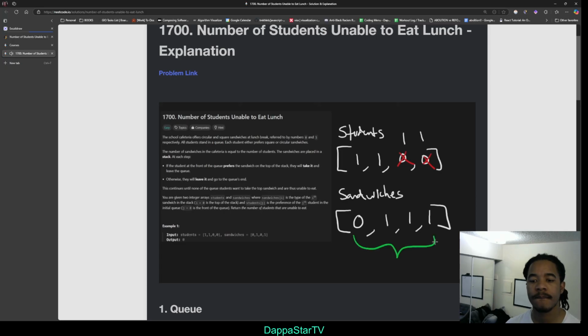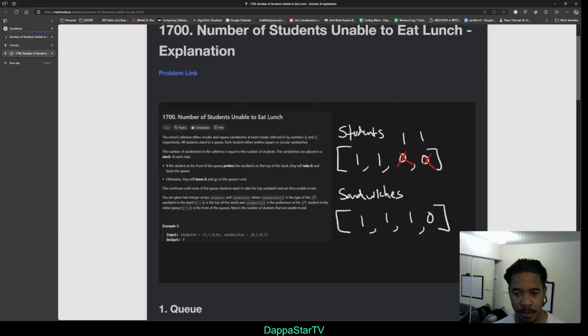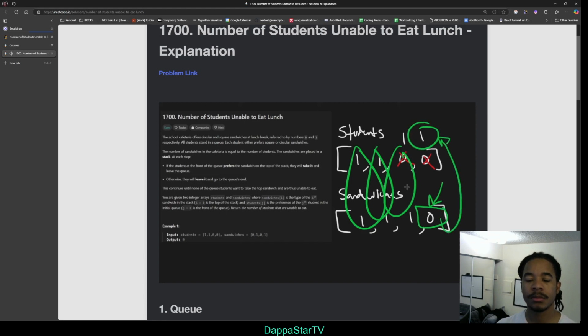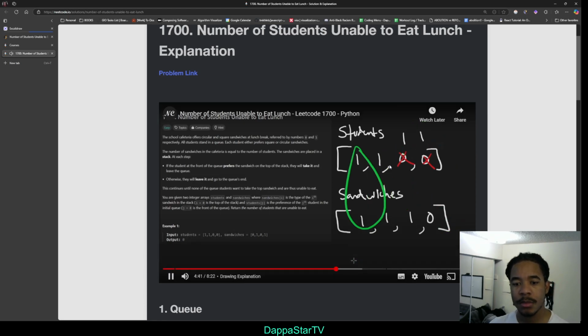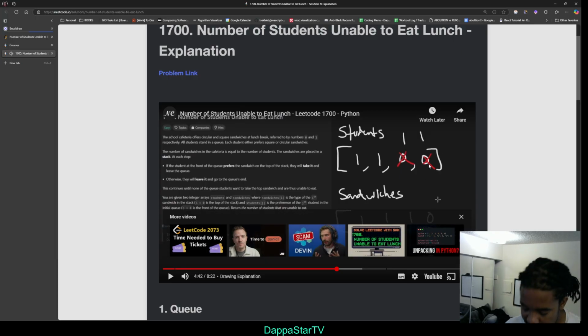Now suppose I change the order of these. Suppose I change it to this: 1, 1, 1, now 0. Now I have 3 students who got a sandwich, and then we got to 0, and this student wasn't willing to eat a 0. So therefore, we would return 1. That's what I mean by the order of the sandwiches. So with that context, basically,